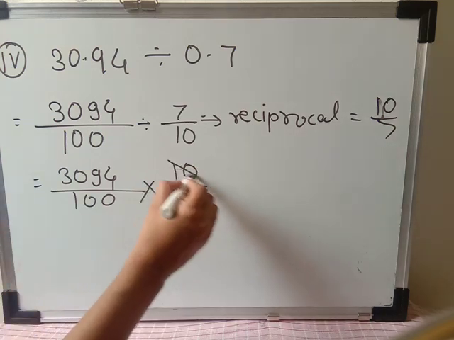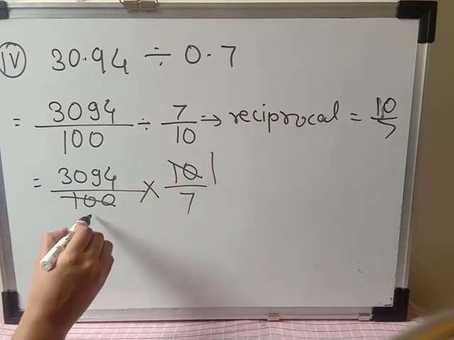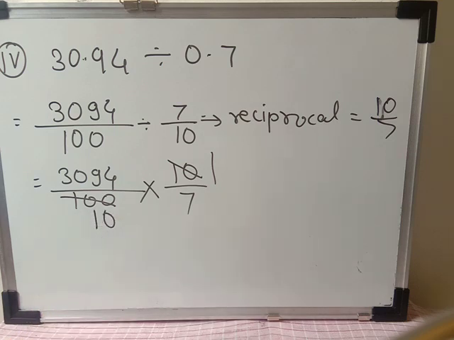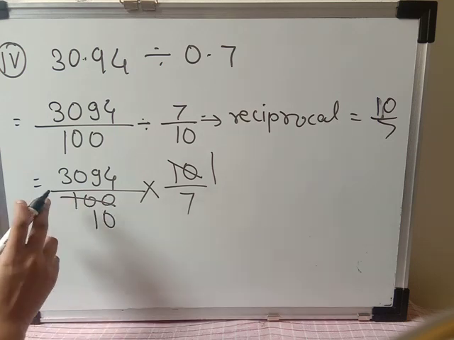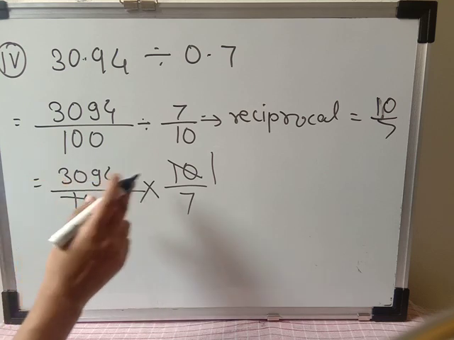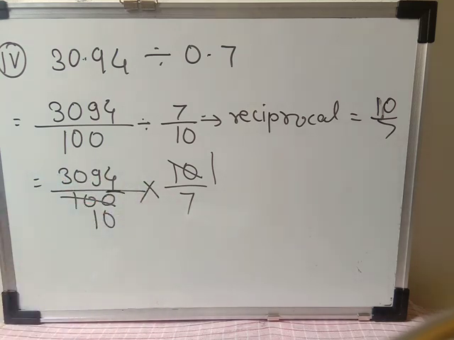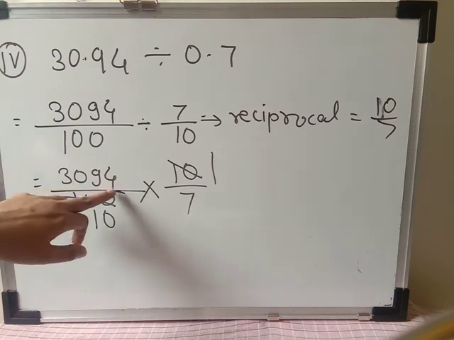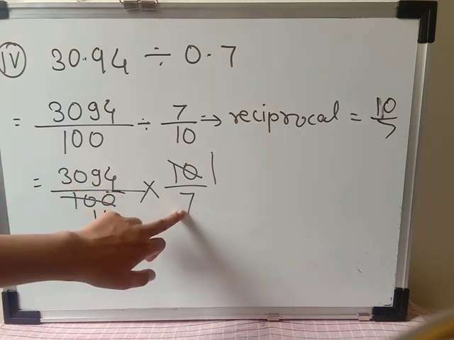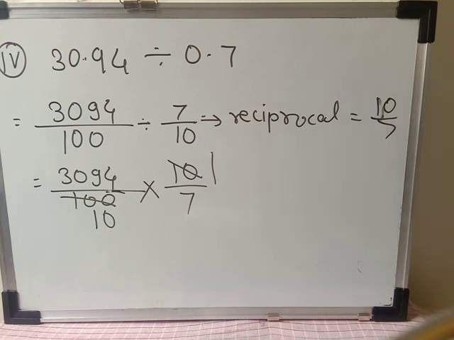So just here again 10 ones are 10, 10 tens are 100. Again, 3094 is divisible by 7 because 4 is there in the last digit. I told you, you have to see the number. If the last digit is 4 in the number, because 7 2s are 14, it means we can directly divide this number.